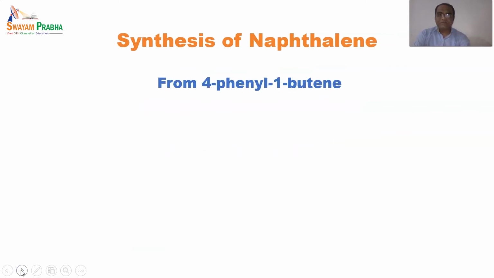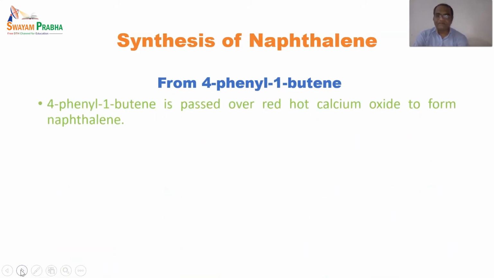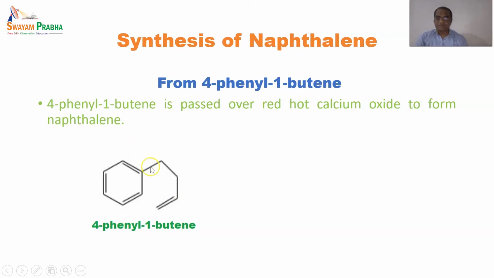Synthesis of naphthalene from 4-phenyl 1-butene. 4-phenyl 1-butene is passed over red hot calcium oxide to form naphthalene. So this is the structure of 4-phenyl 1-butene. As we can see, it has a phenyl ring and 4 carbons, and these 4 carbons,